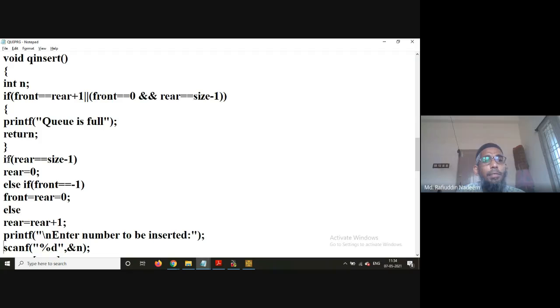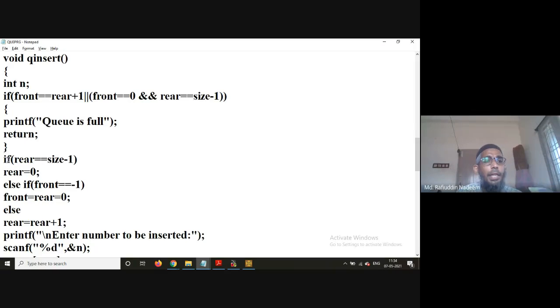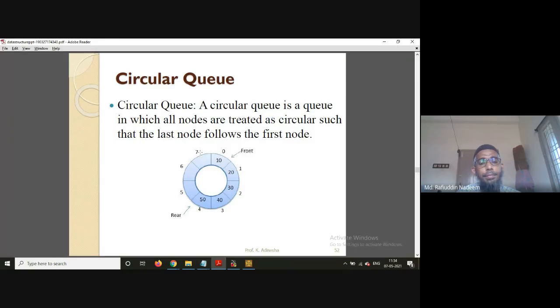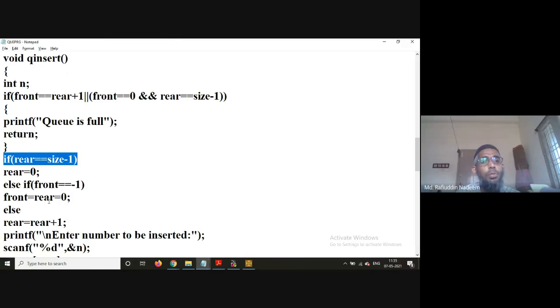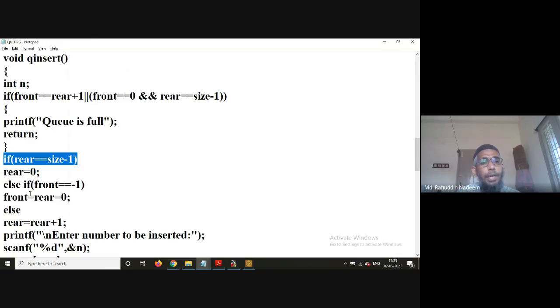Now, if this condition fails, then if rear is equal to size minus 1, suppose the rear is at 7, and of course the size is 8 here. If rear is equal to size minus 1, that is 7, then rear is equal to 0. It should come to the 0th position. Else if front is equal to minus 1, that is, if your queue is empty,